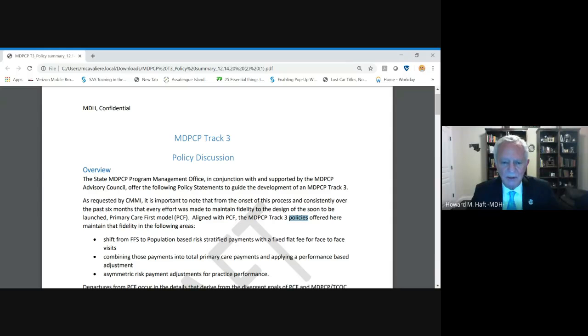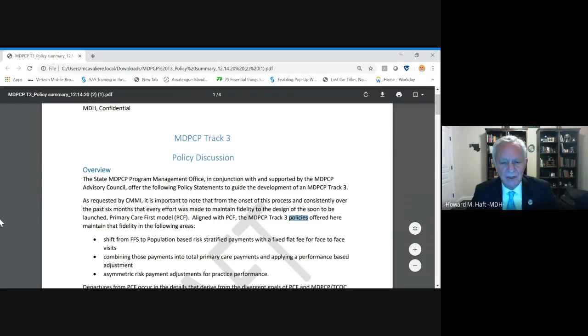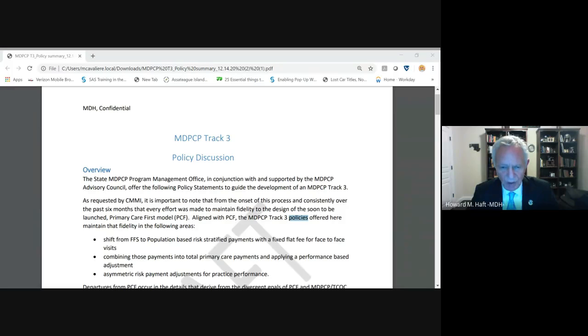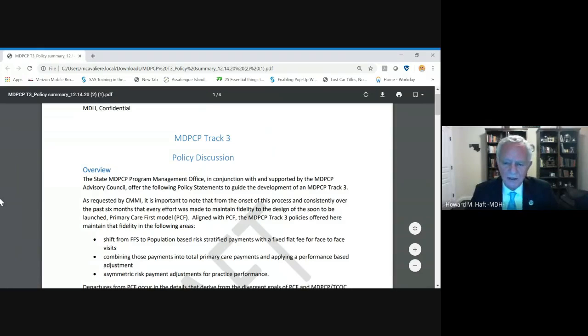So we said that we would, in the very broad areas, make that alignment. We would shift from fee for service, which is the majority of the payments in the current primary care program, to population-based and risk-stratified payments, as we see in primary care first, with a fixed flat fee to supplement those for face-to-face visits. And the fixed flat fee would be an amount that would be neither a broad incentive nor a disincentive for those face-to-face visits,